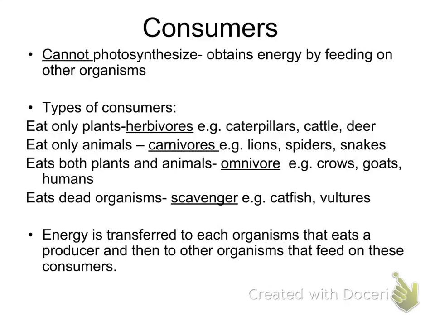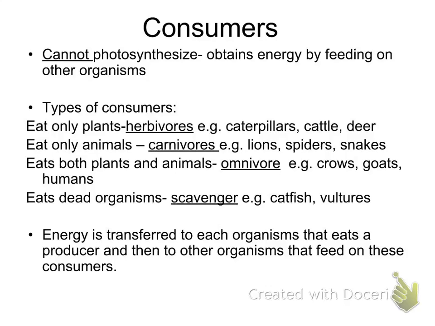Ostrich. Okay. So carnivores are another type of consumer. These guys eat only animals. So there are things like lions, spiders, snakes. Let's remember that even though they're eating just animals, indirectly they're eating a plant, because something that they ate ate a plant, or something that they ate ate something that ate a plant, right? We can trace it back all the time to something that ate either a plant or some sort of photosynthesizing producer. And then there are omnivores, which would include things like us, goat, a crow. These are other examples that eat both plants and animals.